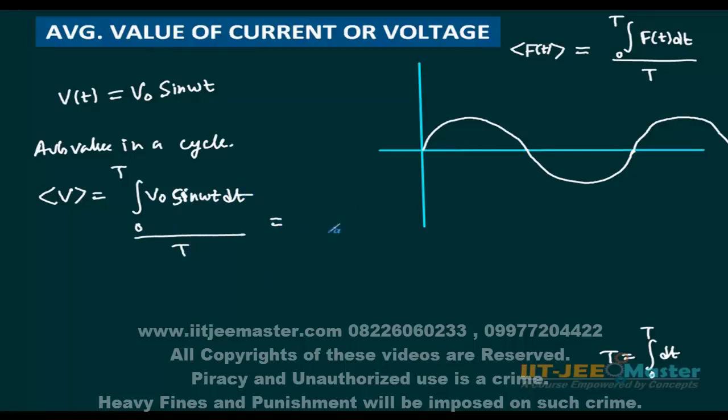What will be the integration of sine omega t? V naught and T will be constant. So we integrate sine omega t. The integration of sine is minus cos, so the integration of sine omega t will be minus cos omega t. And omega also comes in the denominator, like a multiplication with t, which is constant, so we have to divide by omega. You should know how to integrate properly. I have written it directly. Now if we substitute the value, then what will happen? Cos omega t. Now what does cos omega t mean? Cos omega t means cos